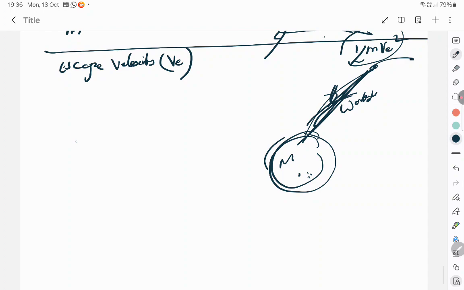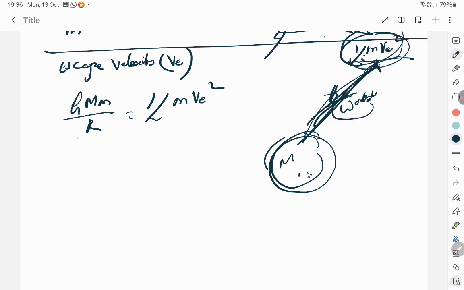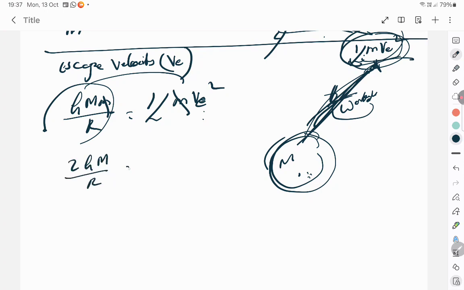That is the value you're going to substitute. The entire derivation you have to rewrite again, considering it is getting launched from the surface of the Earth to infinity. So you'll get G capital M small m by capital R, which can be equated to half m v square, the kinetic energy with which it can escape, completely breaking away from the Earth's attraction. That much energy it should possess. You equate this energy and the kinetic energy, so that the escape velocity is in the kinetic energy. Small m and small m get cancelled. So it's 2 into capital G capital M by R equal to VE square. VE is equal to root of 2 capital G capital M by R.